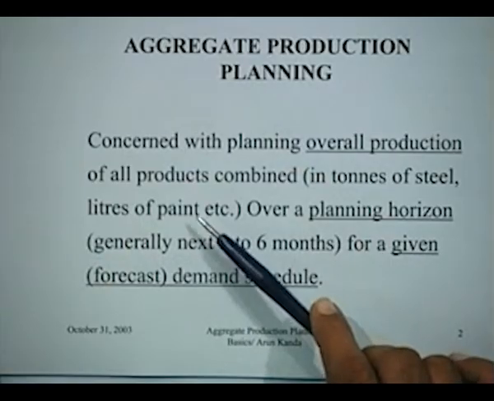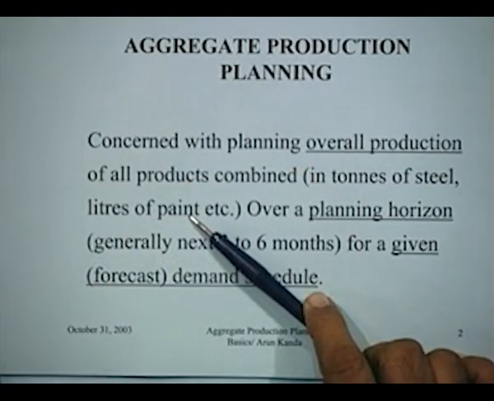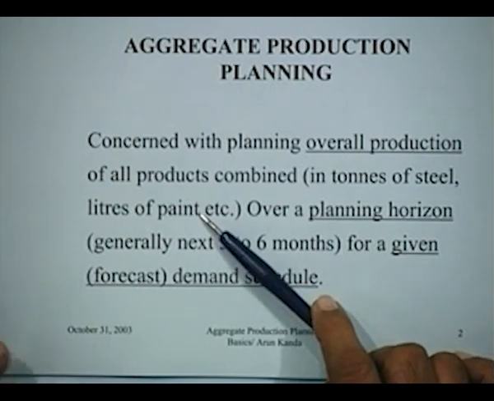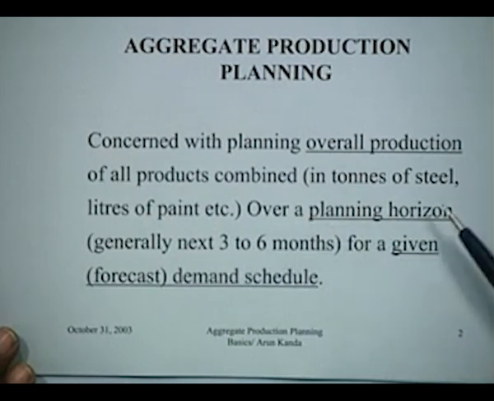Similarly, if you are talking about a paint manufacturing company, it produces paints in different colors, different sizes, and for different applications, and for each of those paints the demand would be different. But if you want an overall idea of how the paint manufacturing company is performing, you could probably aggregate the total requirement of paints and say what is the total liters of paint requirement for the whole company as a whole. This concept could be extended to even an automobile manufacturer, for instance.